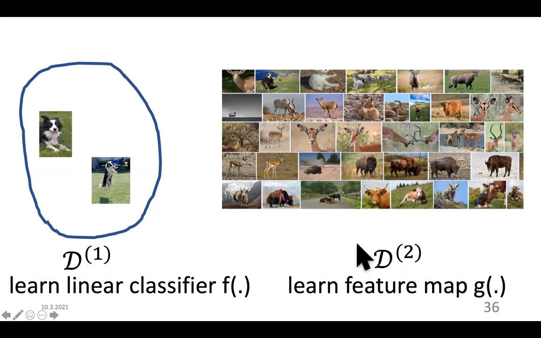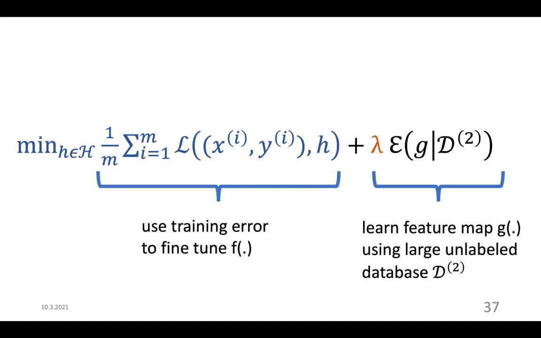And we then fine-tune on top of this feature map a linear classifier, for example, that is fine-tuned on the small data set with the border collies. And this is an example of a semi-supervised learning method. And it turns out that this is again a special case of regularization, where the regularization term here is